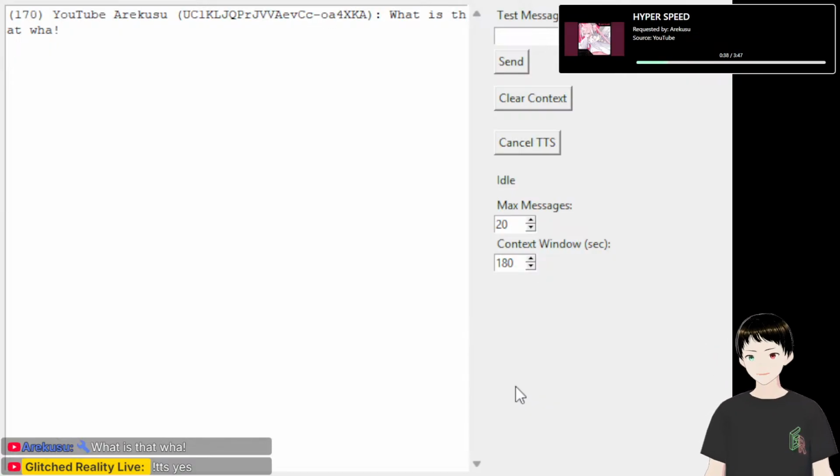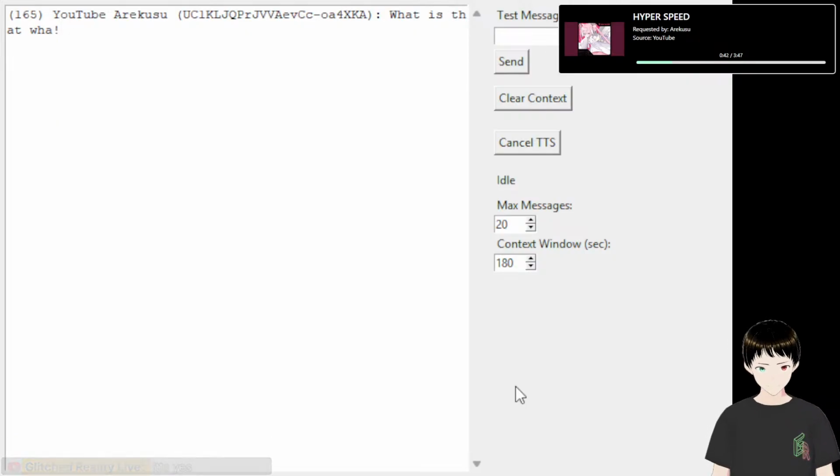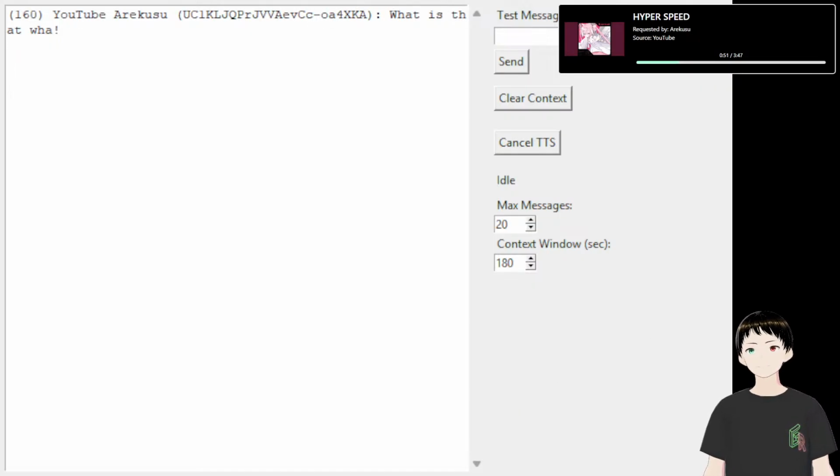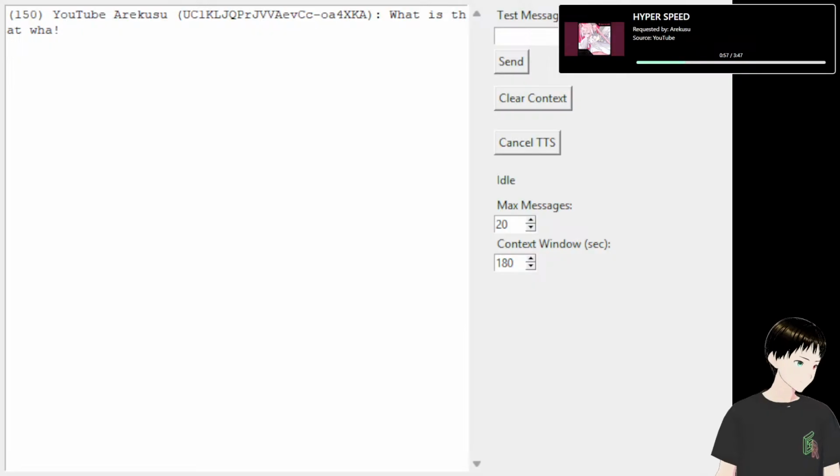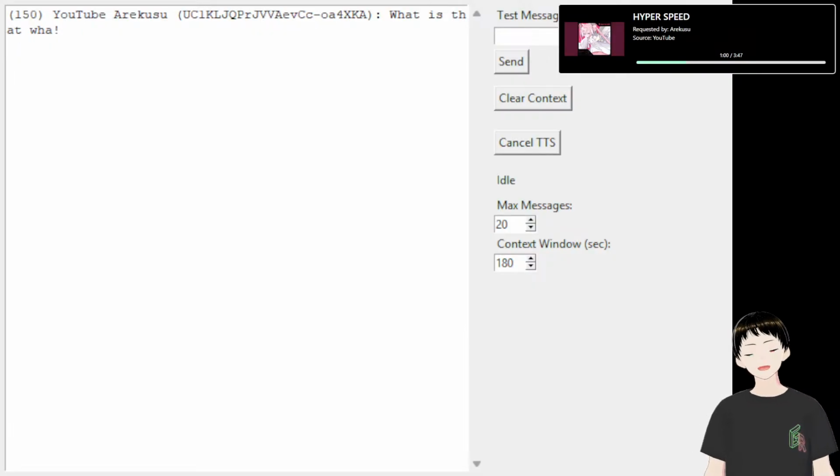That is lorem ipsum, aka placeholder text. But I needed a whole bunch of text, and that was the easiest way to get it.